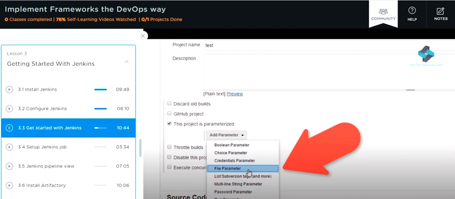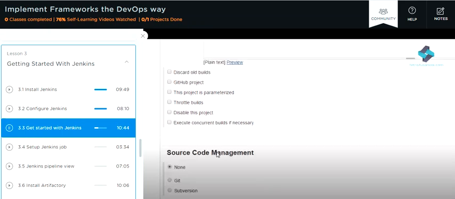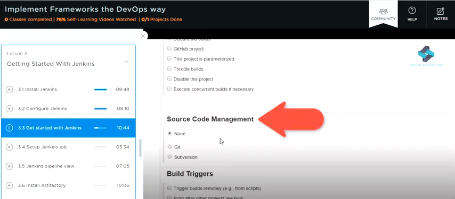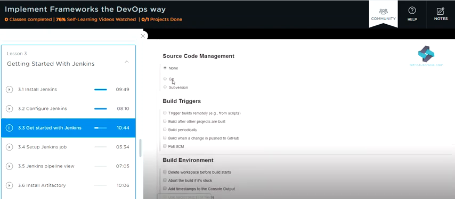Let's move to the source code management section. In most build pipelines, this is one of the most important and basic steps we need to configure. Basically, your continuous integration and continuous delivery process start with these options. Because in most cases, the DevOps pipelines need to pull current source code for compiling and building the source and